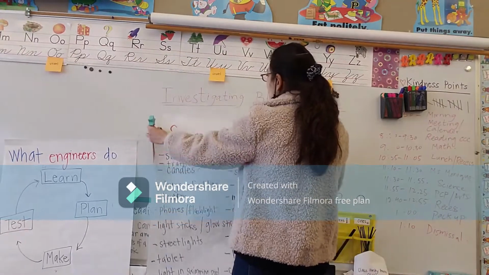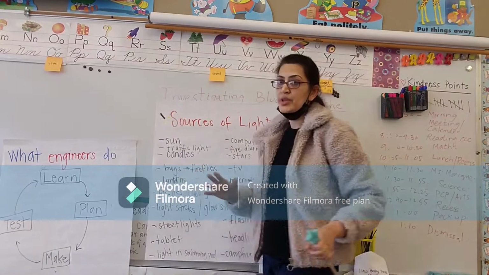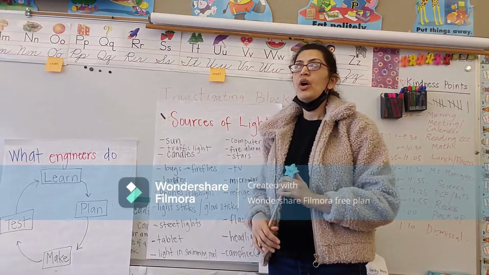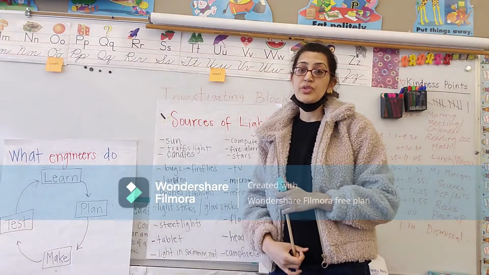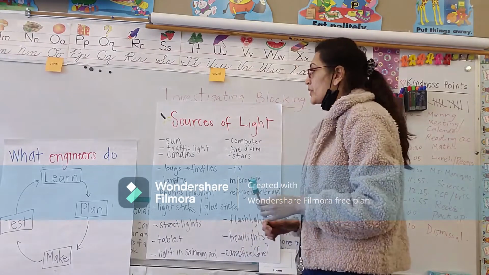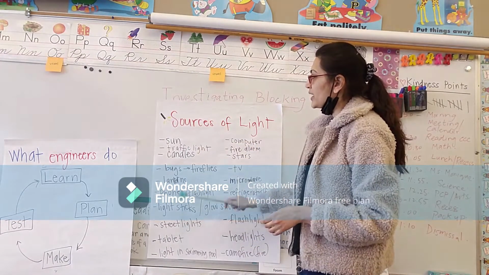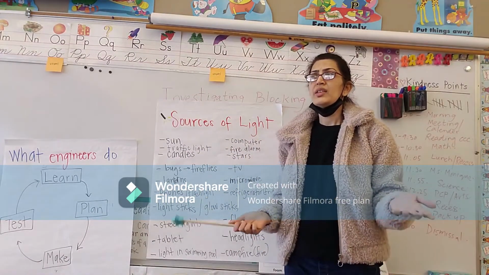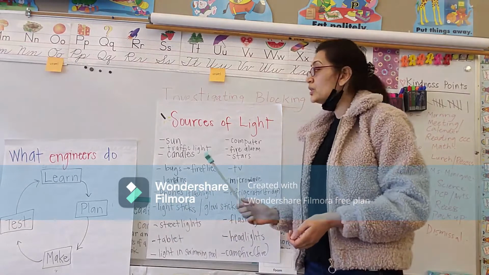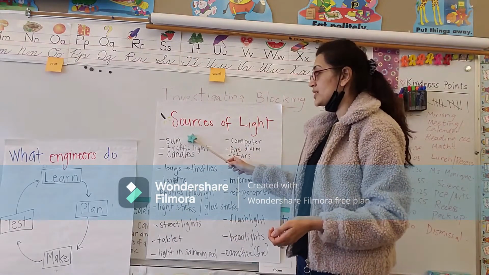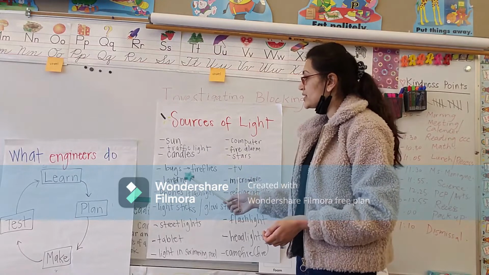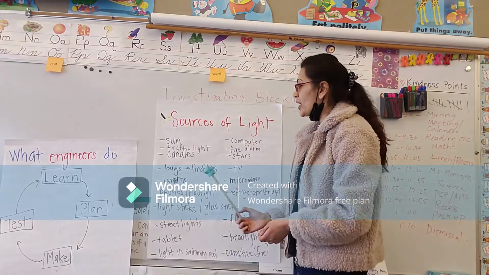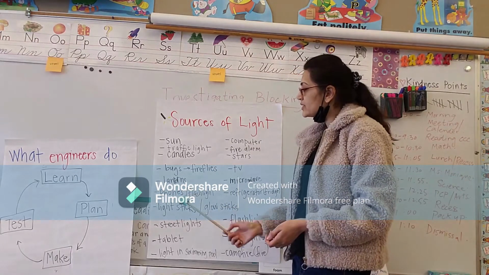Yesterday you visited the school. You visited the school from inside and outside, and you observed different sources of light. I wrote it down over here and made a list of what you told me about the different sources of light you observed inside and outside the school. These are the different sources: the sun, the traffic light, candles, bulbs or the firefly's light, and some students told me the lanterns,